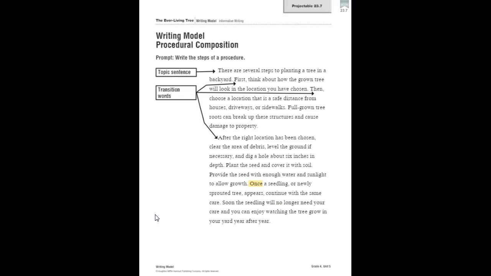Okay. Now let's see, can we find some domain-specific vocabulary? I see seed and soil. I see seedling, sprouted, okay? And actually, they give the definition of what a seedling is. Once a seedling, or newly sprouted tree, okay, appears, then we have our conclusion. Soon the seedling will no longer need your care, and you can enjoy watching the tree grow in your yard